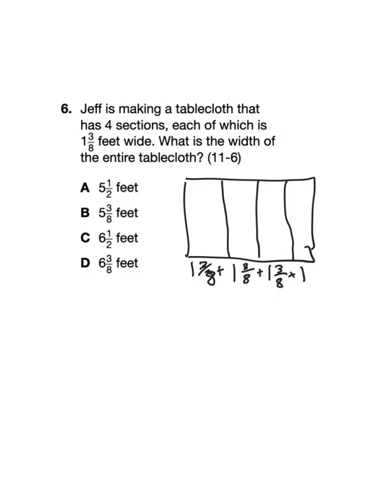Does that look like repeated addition? If you said yes, you are absolutely right. So we're going to do 1 3/8 times 4. And when we multiply 4 times 1, we just get 4. That's easy. And when we multiply 4 times 3/8, we can do that like this. 4 over 1 times 3/8 equals